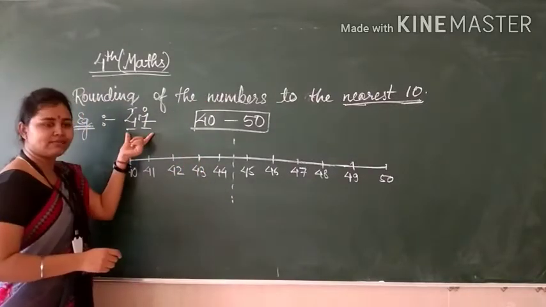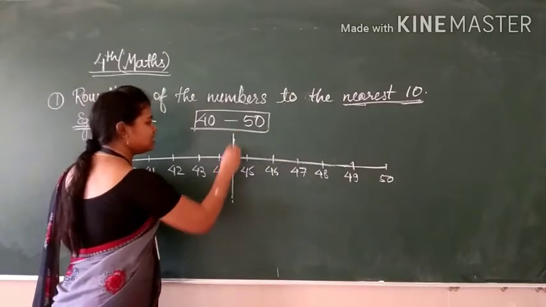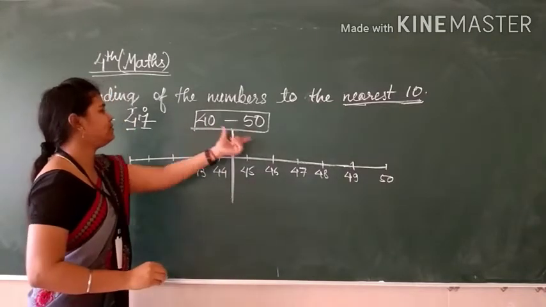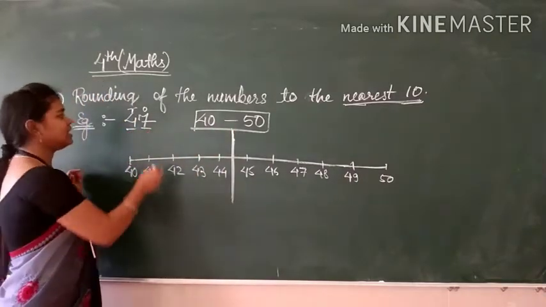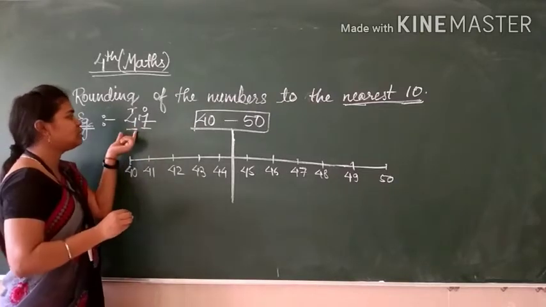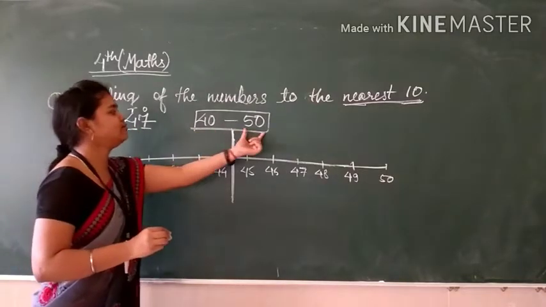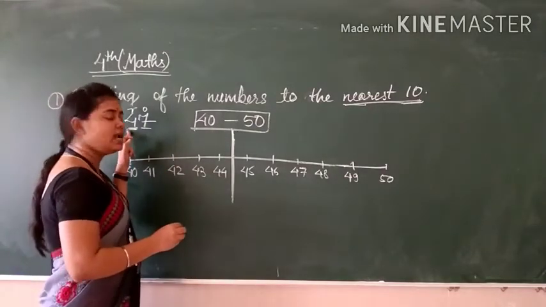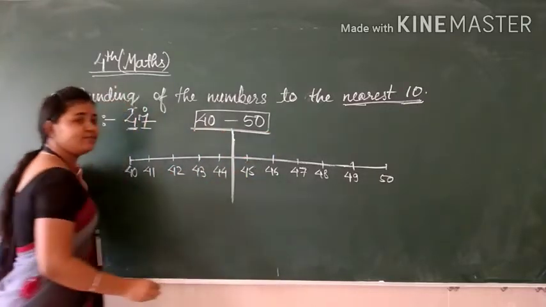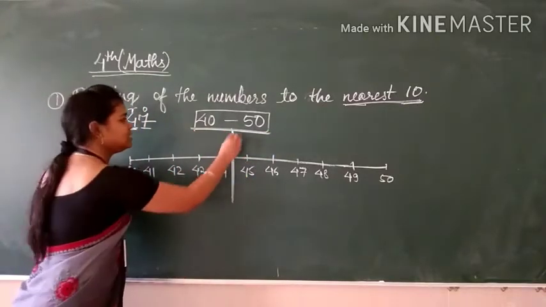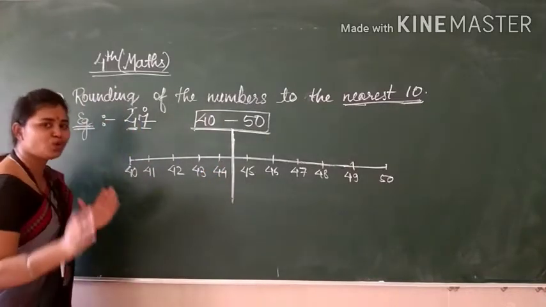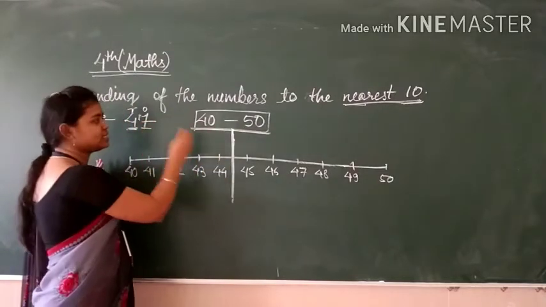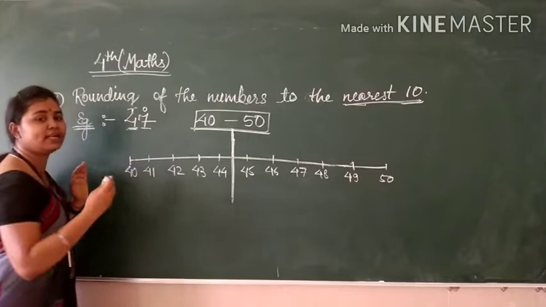See, so 47 is here. So this is the division line. See here, most important thing: in between 40 and 50, this 47 will come. For this, first of all we have taken the 4 for 40 and 50. In between this we have taken the tens digit of the given number. So it comes in between 40 and 50. This line I have made to show you how we will put this number 47 here to the nearest 10.